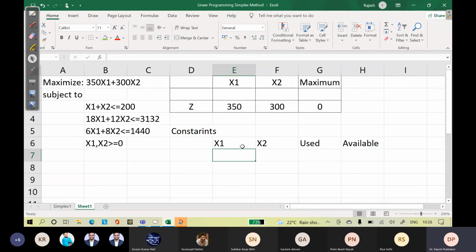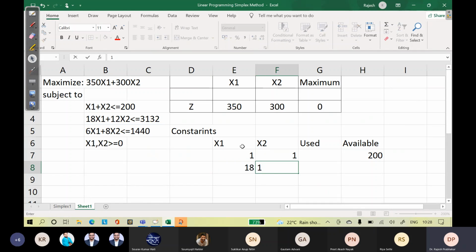The first is 1, 1, 200. Second is 18, 12, 3132. This is 6, 8. This would be 1440.